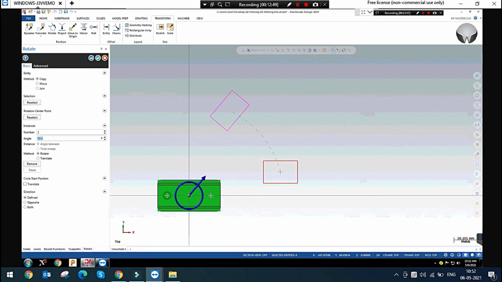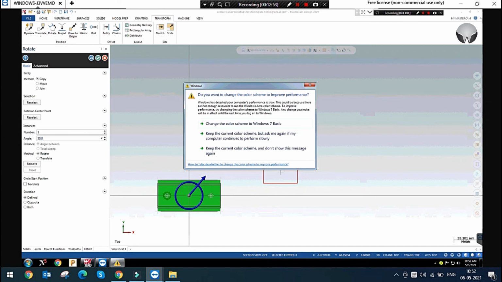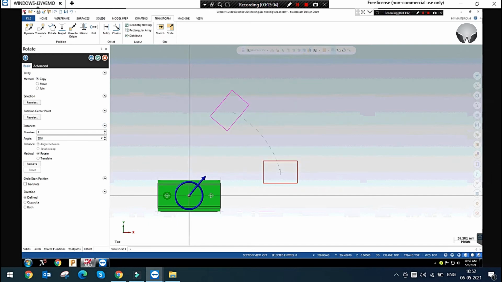Brother, you have seen the 360 degree of the circle. You know the circle has 360 degree, right? The same from this origin, brother. This is a default origin. You can simply move the origin also.